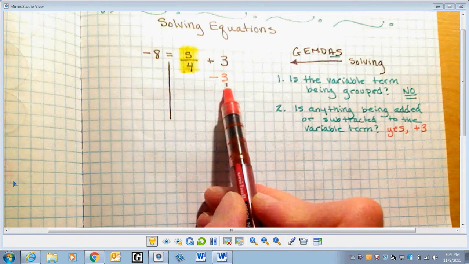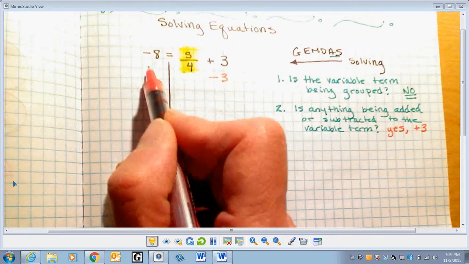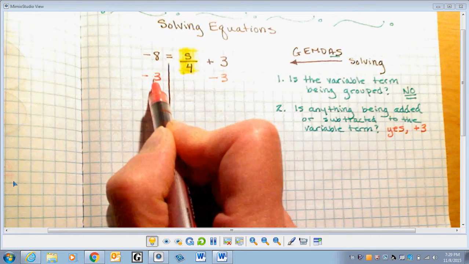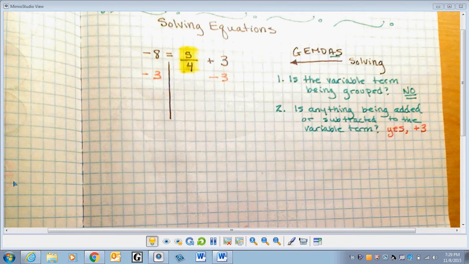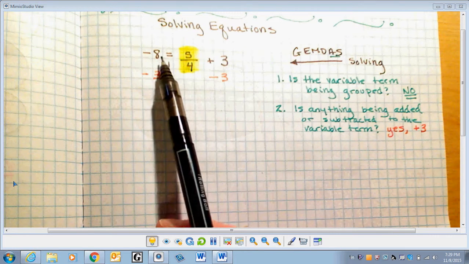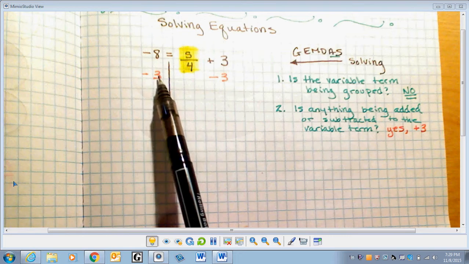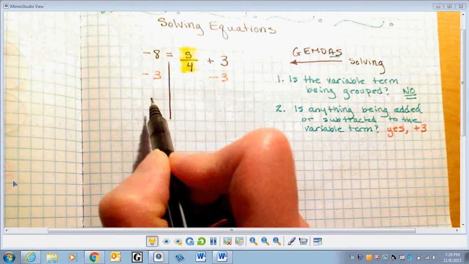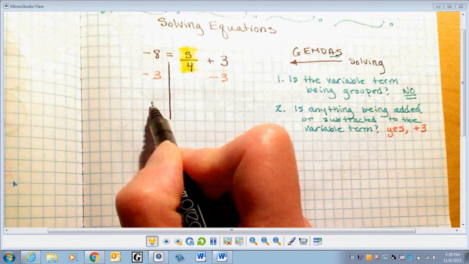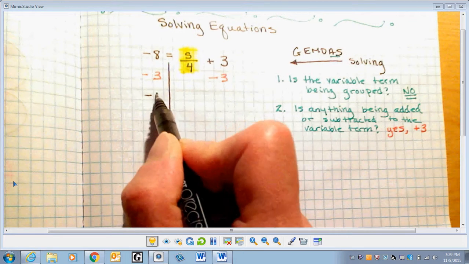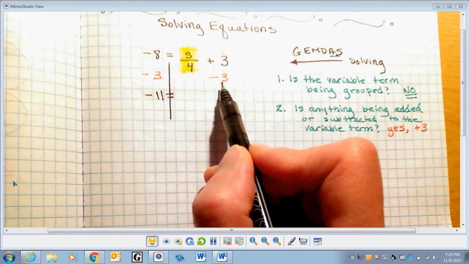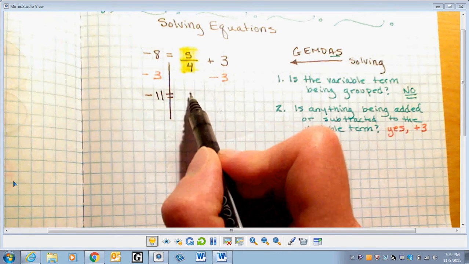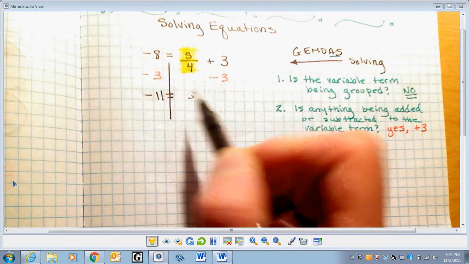So I introduced a negative 3 here, which means I'm going to introduce a negative 3 on the other side of my equal sign. So I have negative 8 minus 3. That gives me what? That gives me a negative 11, which equals, well, this turned into a 0, didn't it? So I'm just left with s